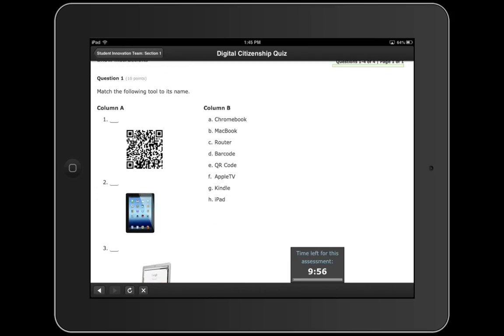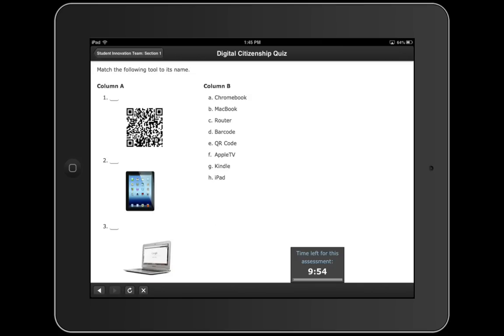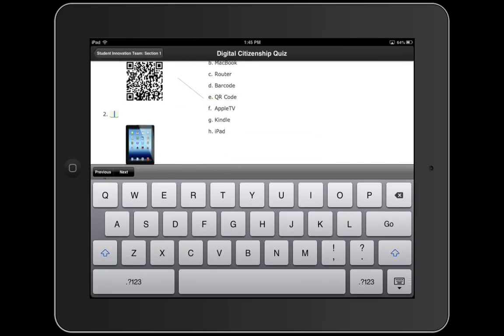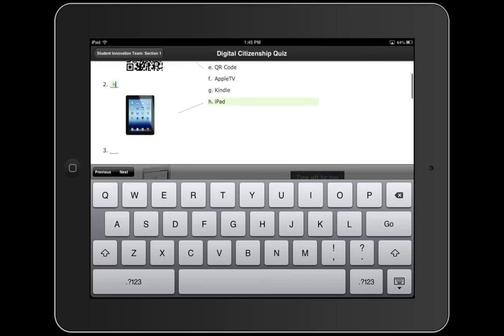There are a lot of different types of questions. This one is a matching, so I'm supposed to match the following tool to its name. I see that this is a QR code, so I'm going to put in E. This one looks like an iPad, so I'm going to put in H, and you can see it draws the